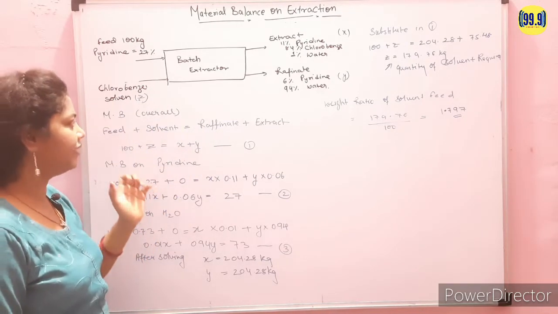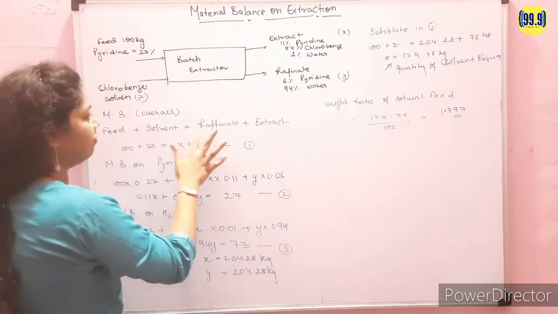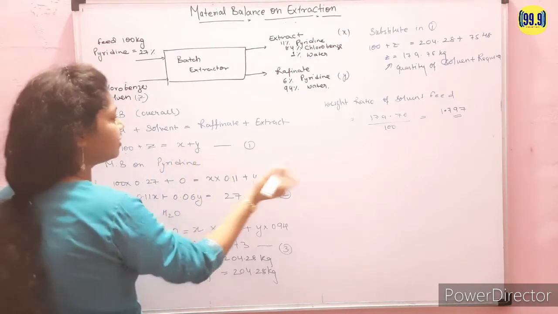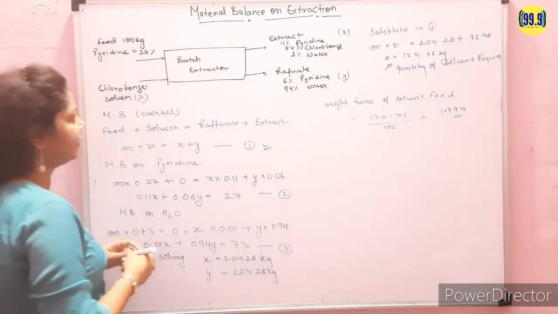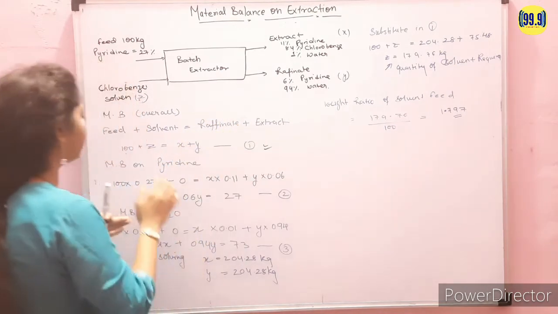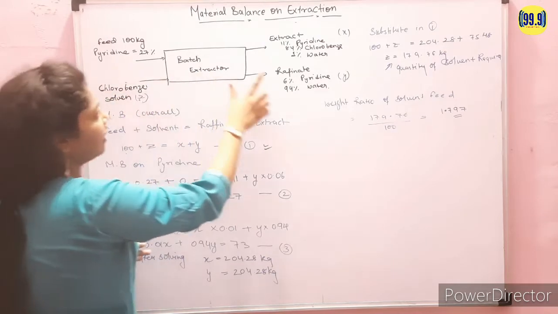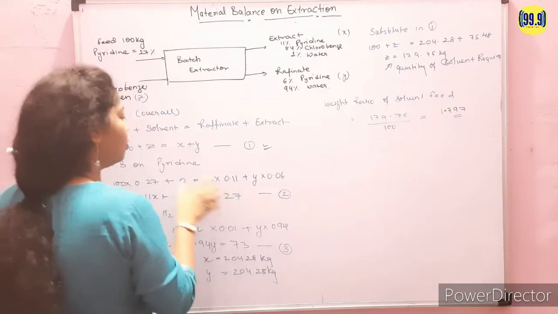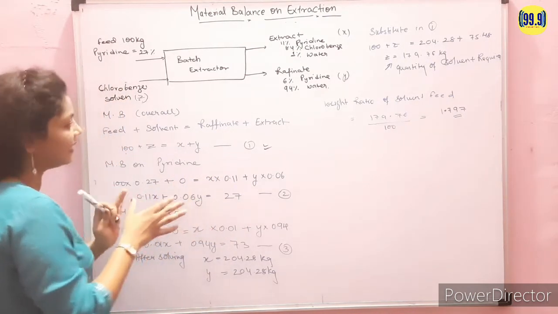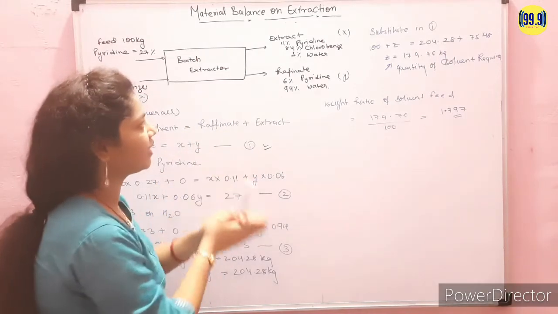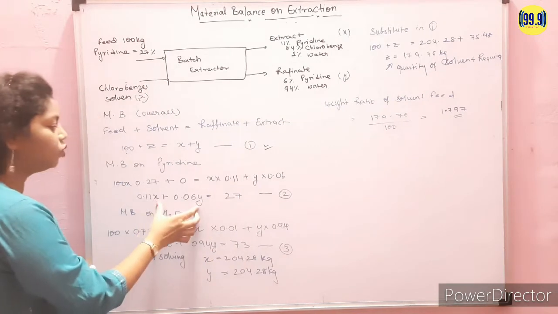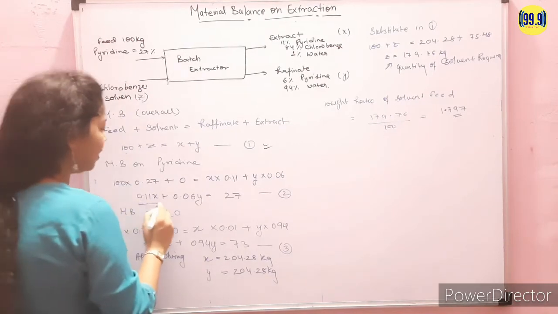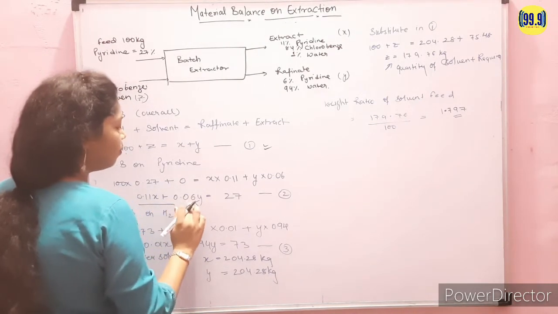तो अगर हम ओवरऑल मटेरियल बैलेंस निकालें तो क्या होगा, फीड प्लस सॉल्वेंट इज इक्वल टू रेफिनेट प्लस एक्सट्रैक्ट, ठीक है। तो फीड हमारा 100 प्लस z इज इक्वल टू x प्लस y, ये हमारी फर्स्ट इक्वेशन हो गई। अब पायराडीन के ऊपर अगर हम मटेरियल बैलेंस लगाते हैं तो वो फीड में, रेफिनेट में और एक्सट्रैक्ट फेस में मिल रहा है। तो सिंपली उसके वेट फ्रैक्शन से हमने इक्वेशन लिख ली, लेकिन यहाँ पे x और y यानी रेफिनेट फेस और एक्सट्रैक्ट फेस दोनों ही अननोन हैं। तो दो वेरिएबल्स हमारे पास आ गए। तो इक्वेशन नंबर 2 इस टाइप की हो जाएगी, 0.11x + 0.06y = 27।